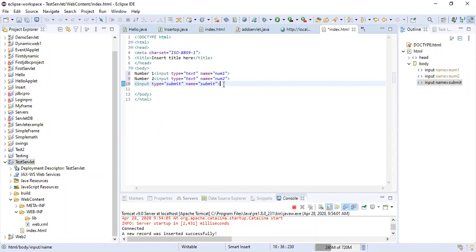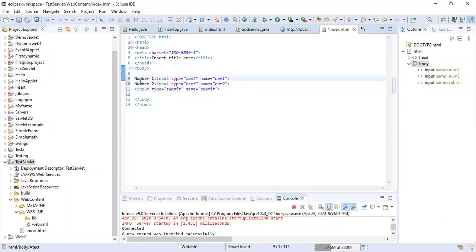Submit. Check out these three things I have added. I have added two text boxes: the first text box to receive number 1, the second text box to receive number 2, and one submit button.